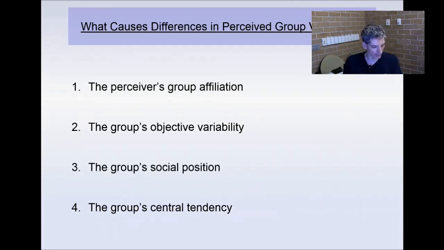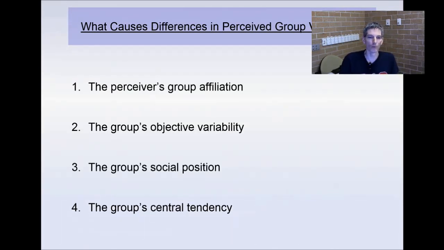We're also going to look at the group's social position, and we're going to see how high social groups, with high social status, high power, larger groups, tend to enjoy the perception of being more variable, whereas groups that are minority groups, low status groups, and groups that don't have all these high qualities tend to be perceived as being less distinct. So the group members are more homogeneous. They're all lumped together, if you like.